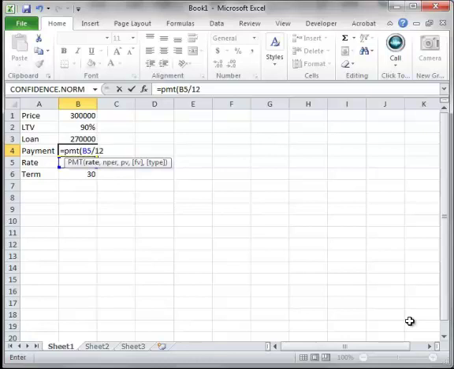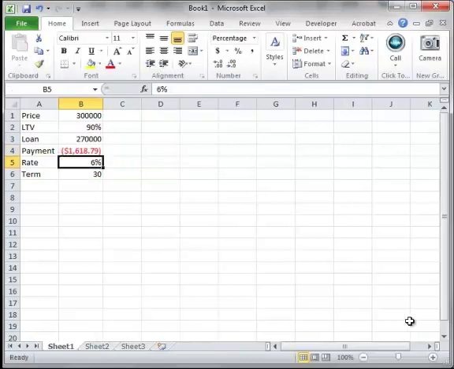to the rate field. Got to divide that by 12 since they're monthly payments. Number of periods is going to be the 30 years, and then we're going to multiply that times 12 to get our 360 payments. Present value will just point up to the 270, and that'll give us a payment of